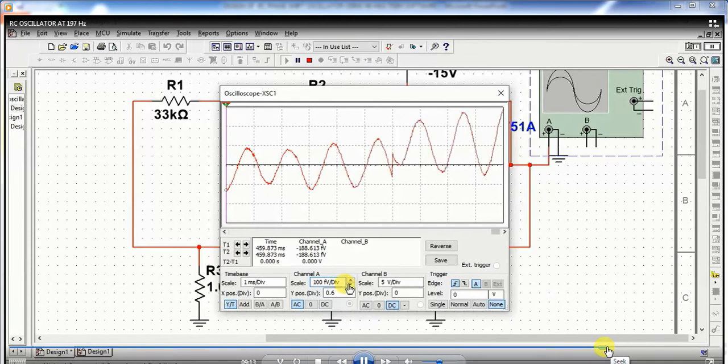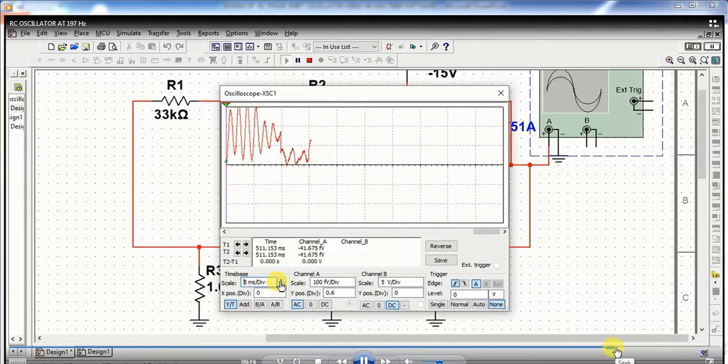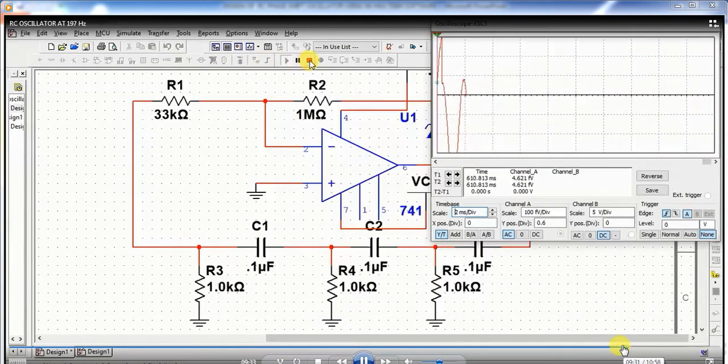So here the waveforms are distorted. Now check your circuitry.